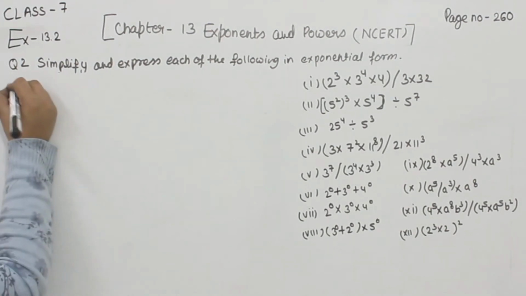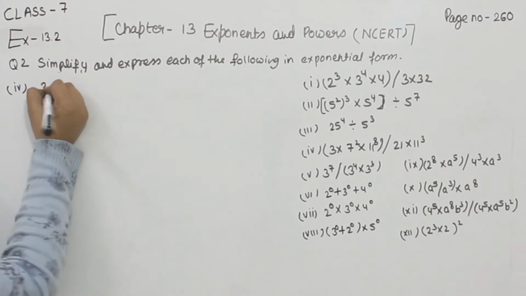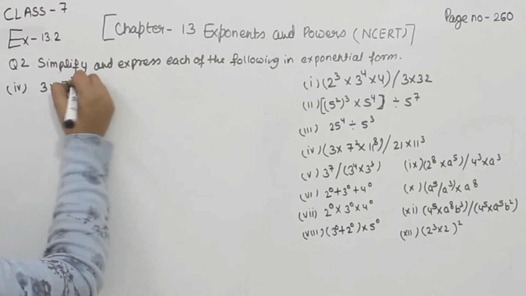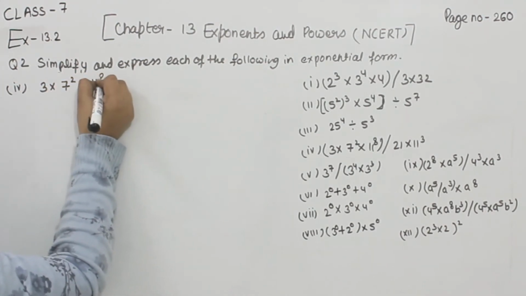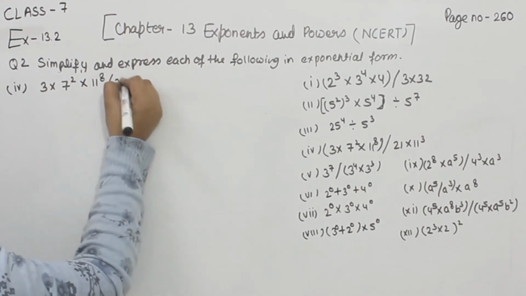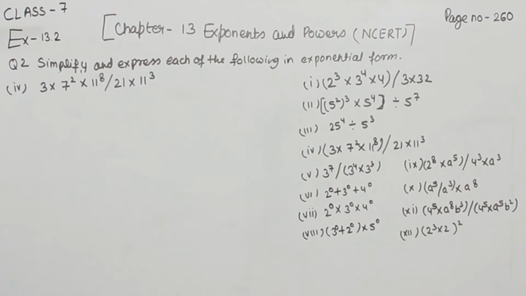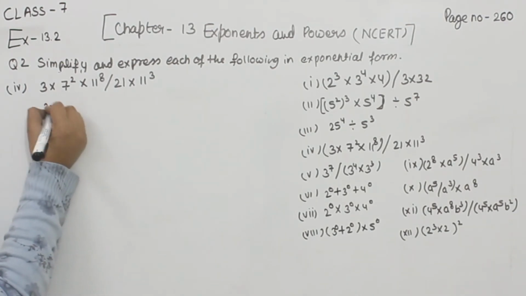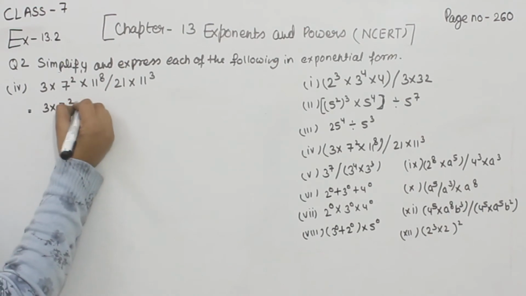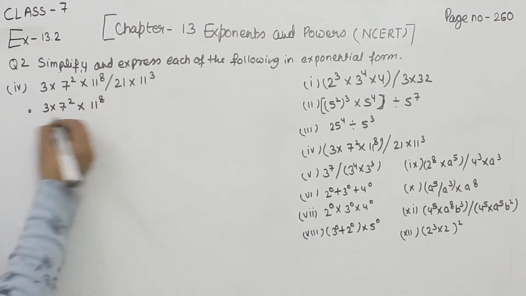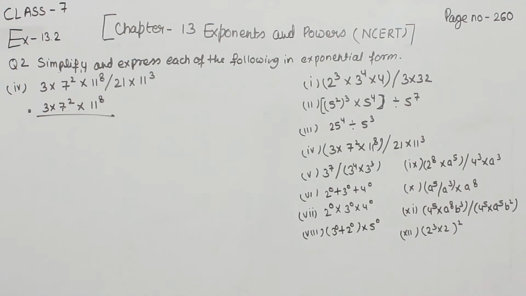In part 4, we will have 3 multiplied by 7 to the power 2 multiplied by 11 to the power 8 divided by 21 multiplied by 11 to the power 3. So, first of all, I am going to write here 3 multiplied by 7 to the power 2 multiplied by 11 to the power 8. Now, in the denominator,